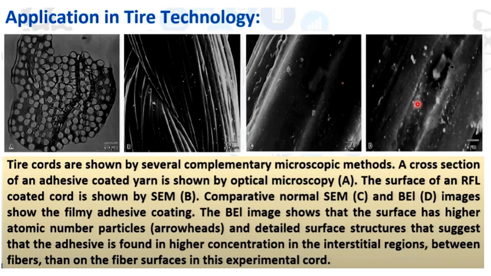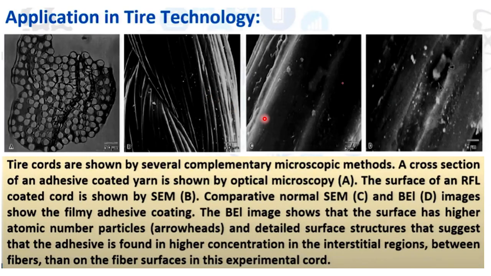And next part is the application in the tire technology. So this was showing some steel cord, that is RFL modified steel cord. So tire cords by several complementary microscopic methods, a cross section of an adhesive coated yarn is shown by optical microscopy. So this is optical microscopic image, that is RFL coated. B is the comparative normal. This is the ACM image,